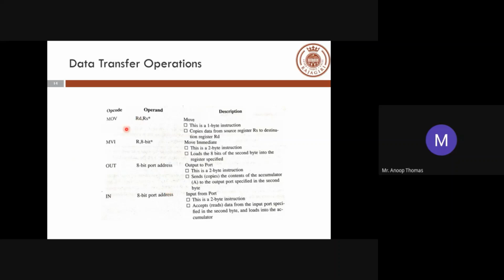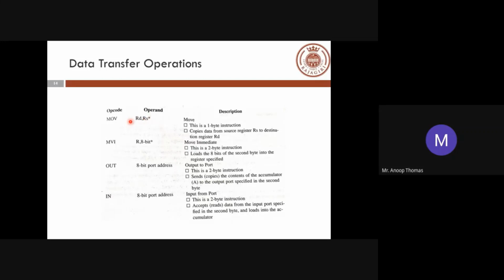So this is how the movement operations will operate. RD and RS. R signifies register, D signifies destination, S signifies source. It is given as MOV RD, RS. You will have two register values here, which will be used to move your values across. It copies data from the source register RS to the destination register RD. That's your data movement. It's a 1 byte instruction. It takes only 1 byte to store this particular data. So it is associated with registers.